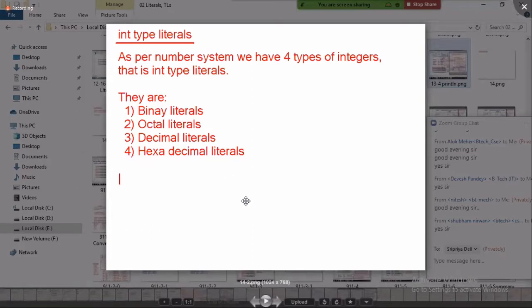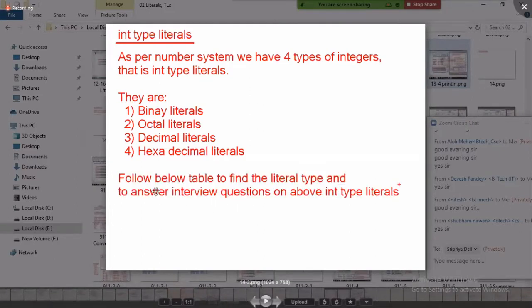How can I tell the compiler it is a binary literal? How can I tell the compiler it is an octal literal? How can I tell it is a hexadecimal literal? There is some identity. The below table we have to use to find the literal type and to answer interview questions on the above int type literals.